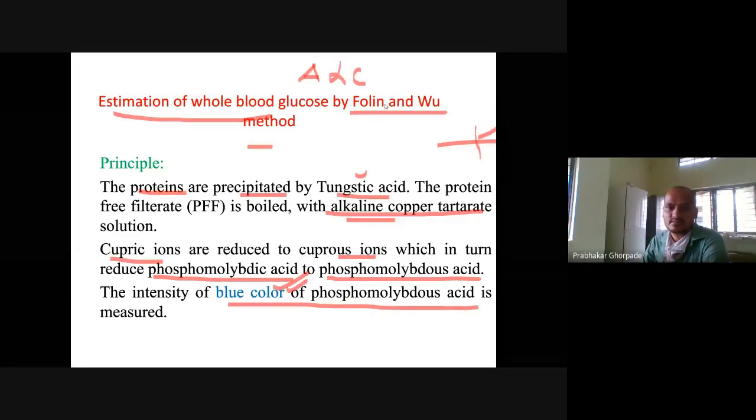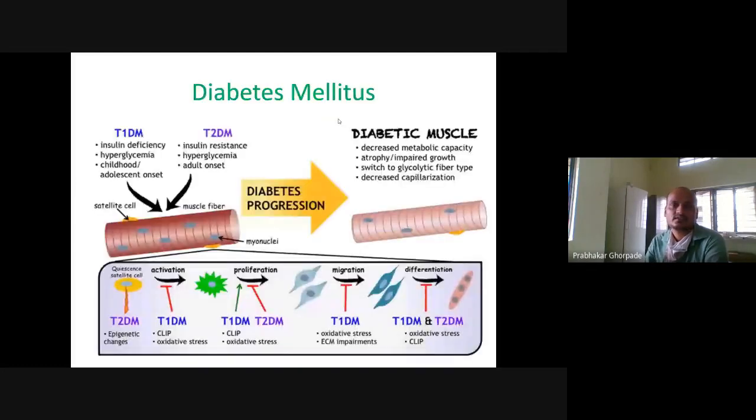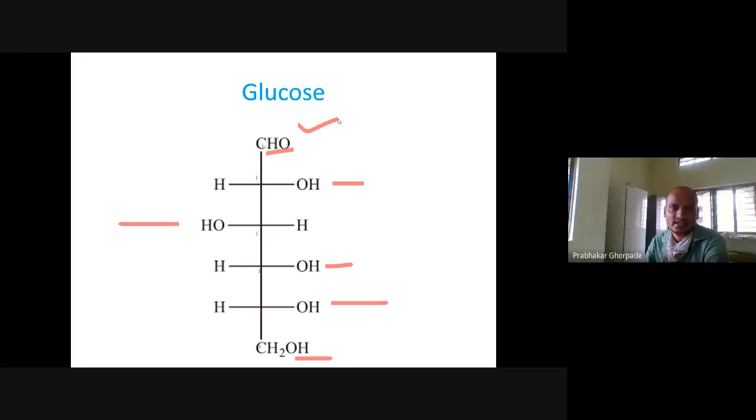So this is a simple principle, the polynucleotide method. Just for practical class, you should know what glucose is when we are talking about it. This is the glucose structure. Aldehyde group is there, and 1, 2, 3, 4, 5, 6 carbons are there. First OH is on the right side, second OH on the left side, third and fourth on the right side. Again, there is OH. So a lot of hydroxyl groups are there and one aldehyde group. That is the structure of glucose. We have kept it just for imagining purposes.